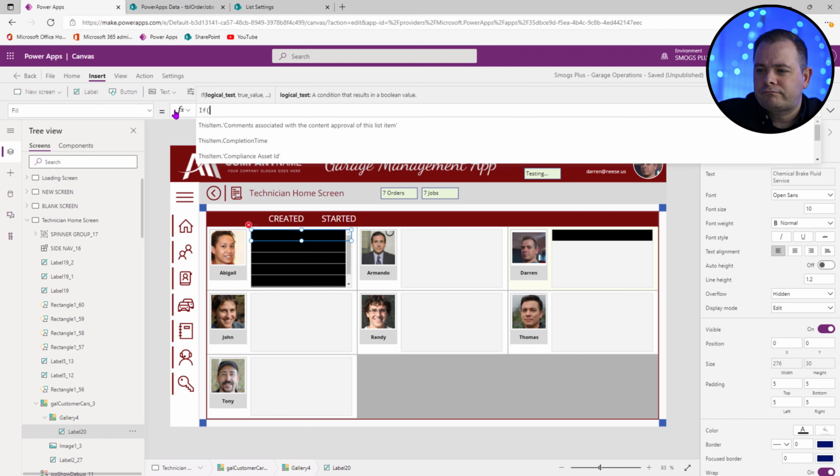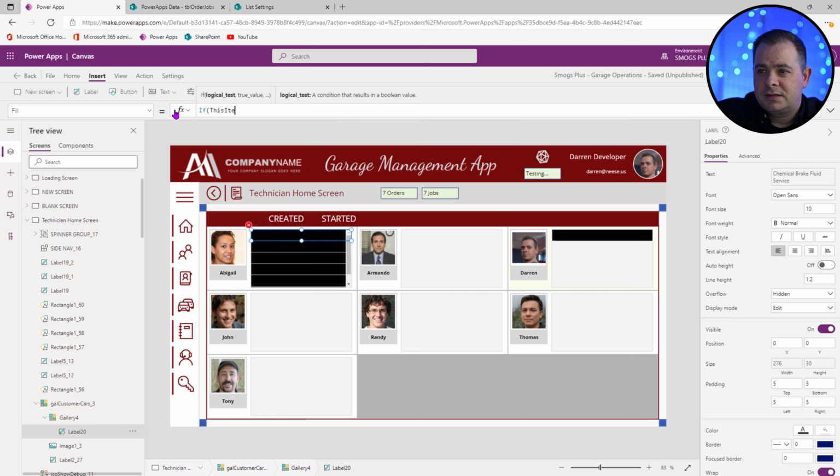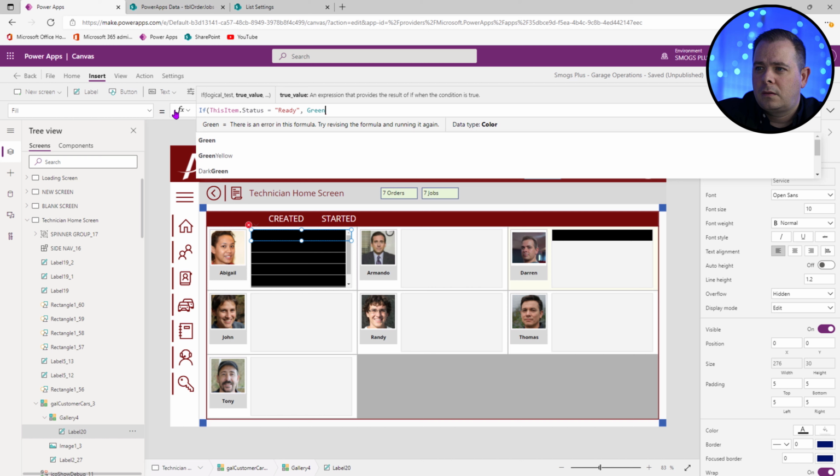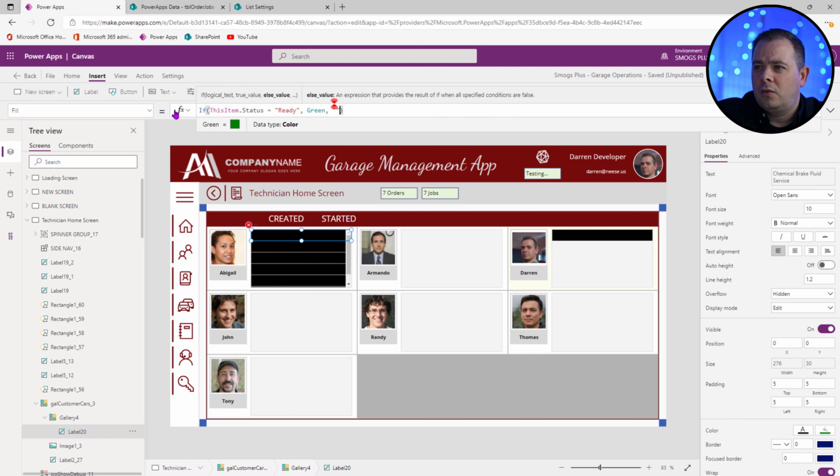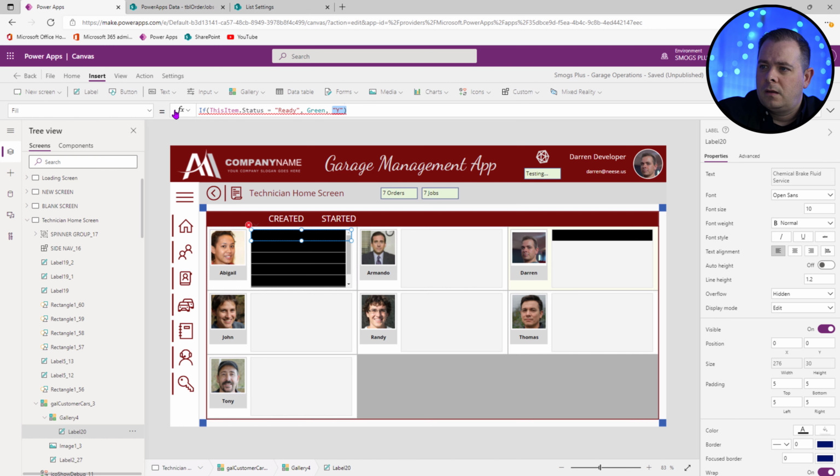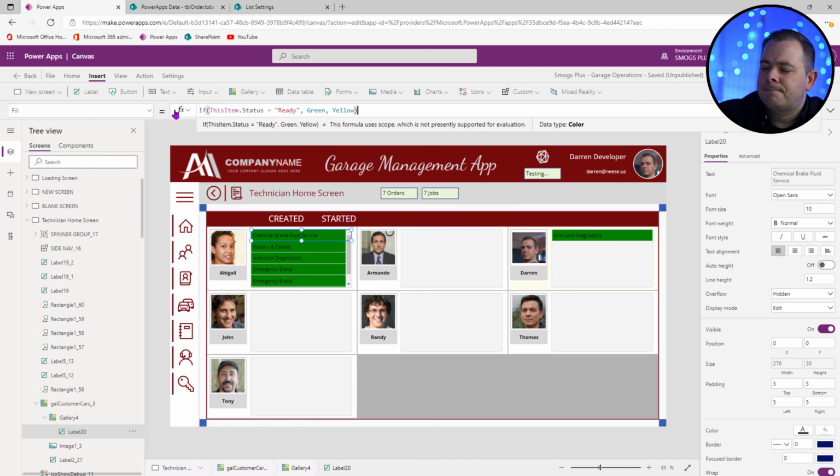If this item status equals ready, otherwise we'll say hello. I really don't care for that green color, so what I'm going to do is bring over